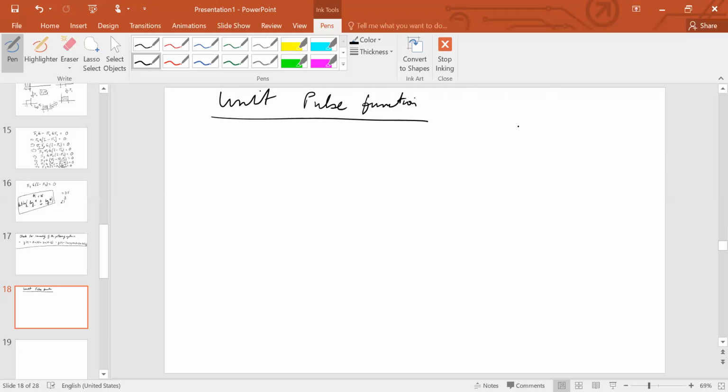So here's what it looks like. Let's say this is t0, and this is t equal to 0, and this magnitude is unity. So let's say this is f of t. We describe f of t like so, let's say this is how I define the unit